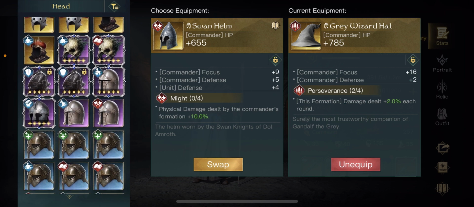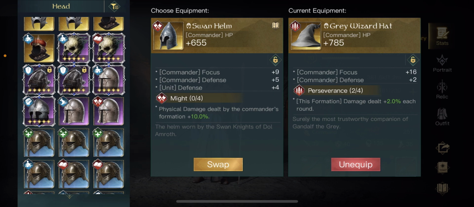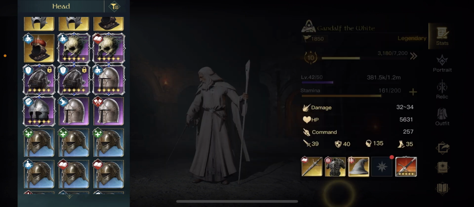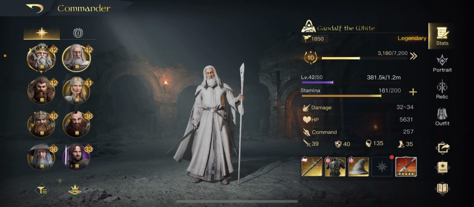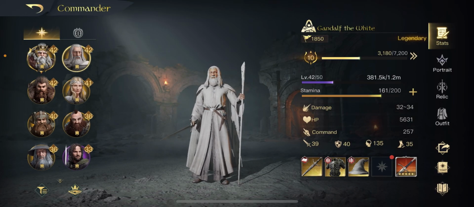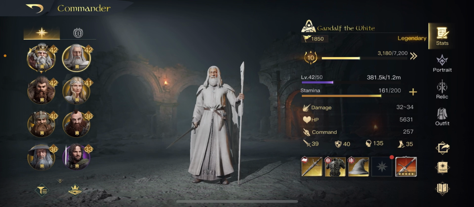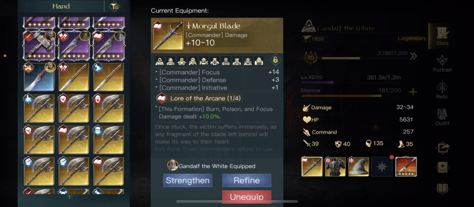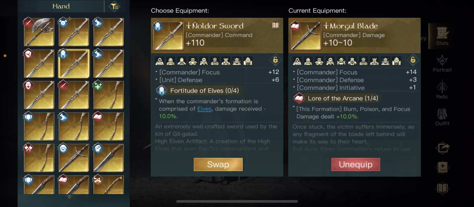Remember, these are very specific. To be perfectly honest, partly because of the way my gear works, I will be running the Bone Mask in the damage dealing formation as well. Now, these pieces could be interchangeable over a period of time, but for now I'm just looking to maximise the focus. Other options, by the way, for the Morgul Blade, apart from the Obsidian Dagger, from memory, the Noldor Sword